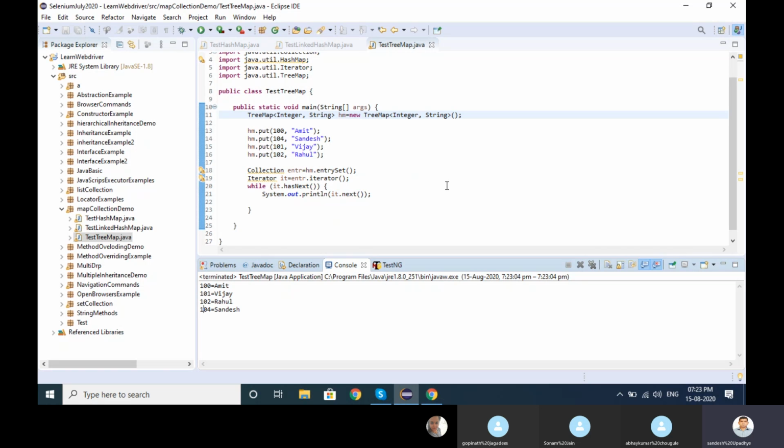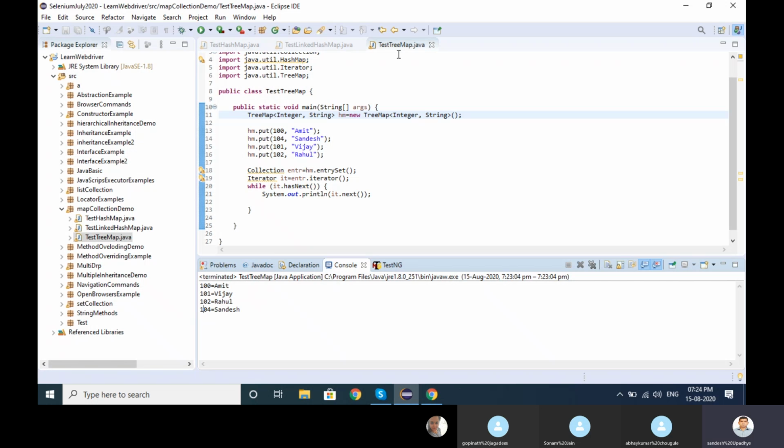The main difference: all maps contain unique values. This is the first thumb rule. Second thumb rule, when we go with the hash map, it's taking no order. Whatever we are inserting, it has its own order in the background. When we go with linked hash map, it's taking insertion order, and when we go with the tree map, it's taking ascending key value. These are the smaller differences while working with map. Any queries, any questions?